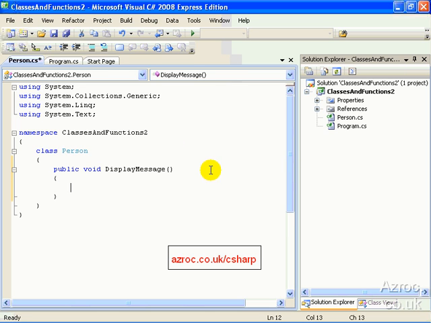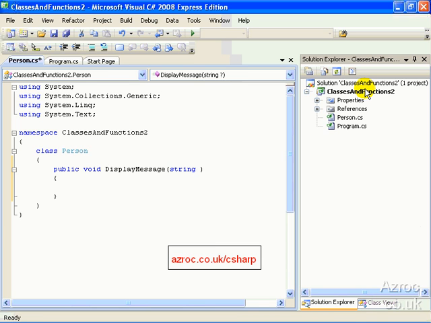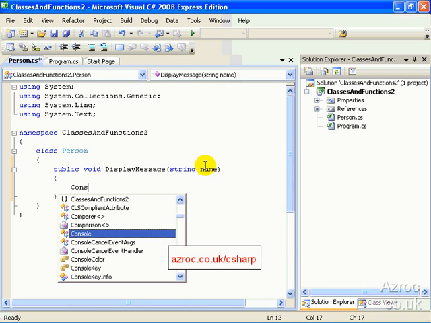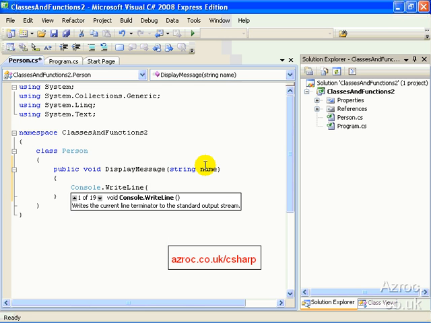This is the scope of this display message function. Now we're going to say that we pass a string argument into this function, and the string is just a name, and we'll call the console class and the static function WriteLine of the console class, and we'll pass